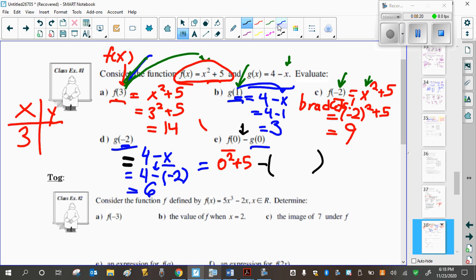And g of 0 is the g function, 4 subtract x, so 4 subtract 0. And that comes down to 5 subtract 4, which equals